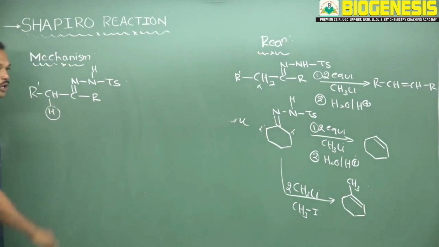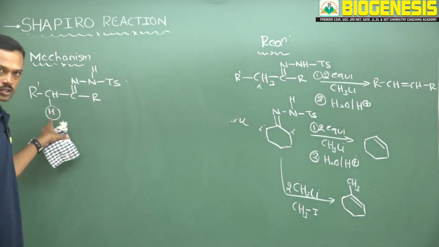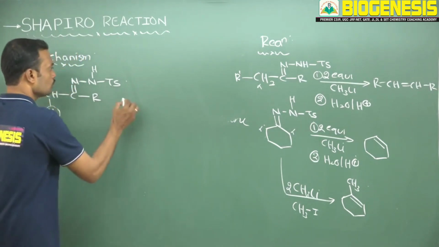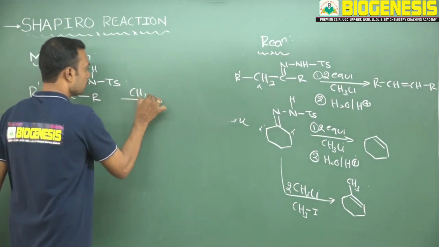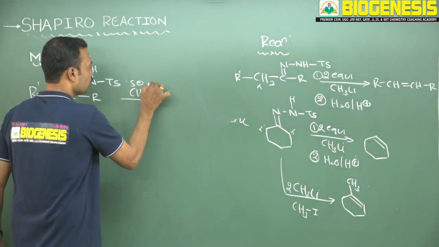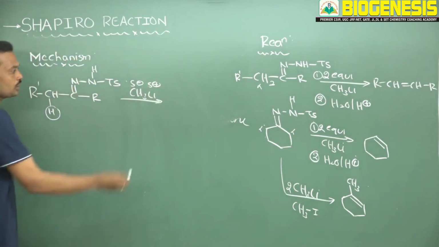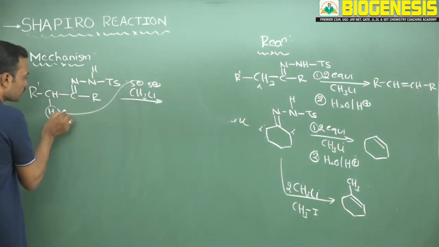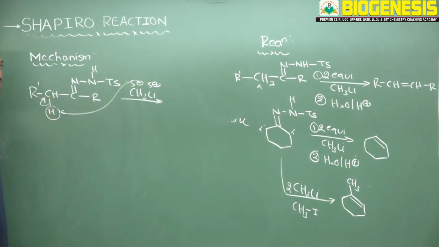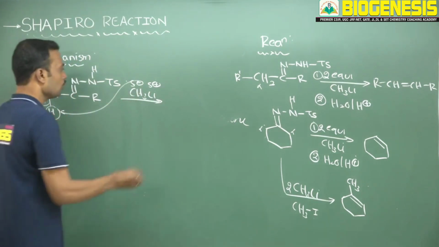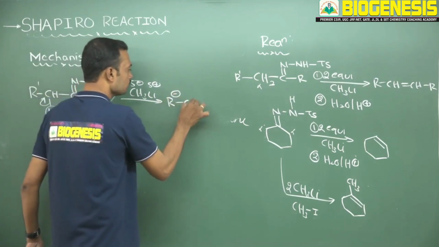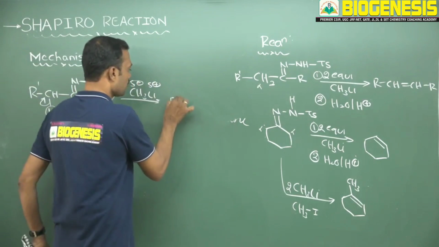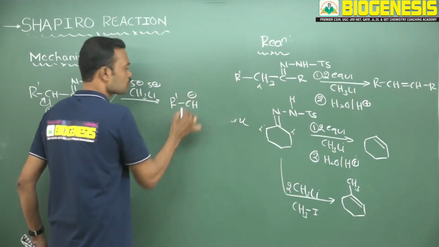Now this is the alpha hydrogen, which is more acidic and has a tendency to lose that proton and form a carbanion. So here I am using methyl lithium, here the anion, and this is cationic in nature. It acts as a base as well as a nucleophile. The base has a tendency to take this proton and migrate the sigma bonded electrons to carbon. Now the carbon carries a negative charge, this is minus, R will be as usual. Now this is the negative charge.